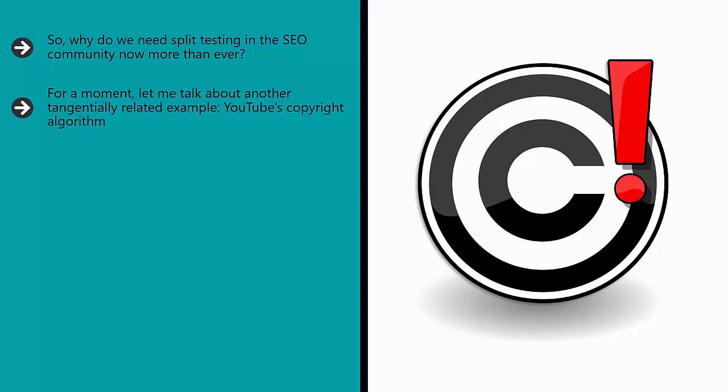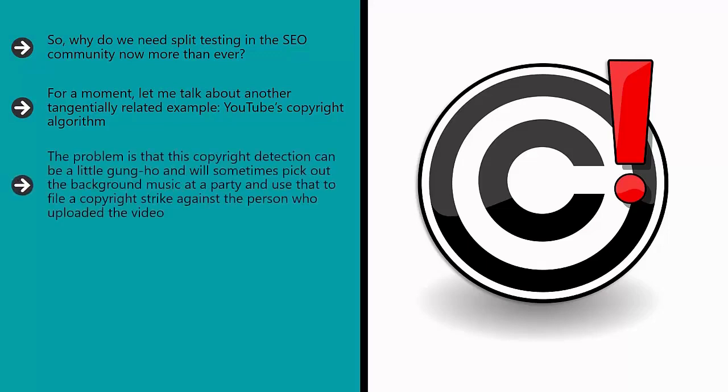In theory, anyway. The problem is that this copyright detection can be a little gung-ho and will sometimes pick out the background music at a party and use that to file a copyright strike against the person who uploaded the video. Most people would agree that's a little unfair. That's why some creators decided to test precisely how the system works. They did this by uploading hundreds of versions of the same song, versions that had been modulated up or down a semitone, versions that had been transposed down an octave, versions played background, versions played quietly, versions played only for